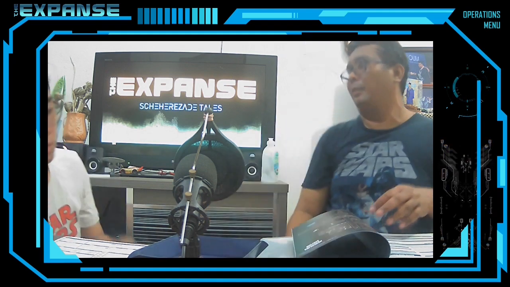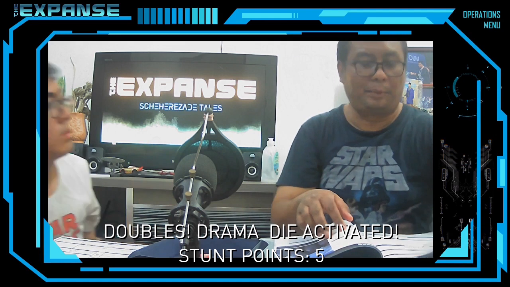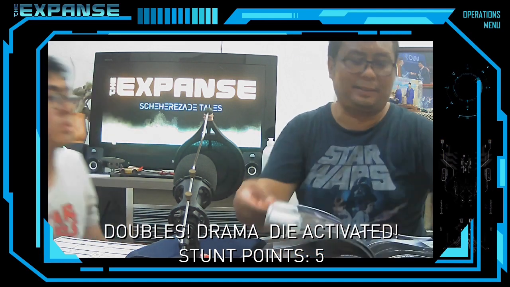14. It's fighting. 3 plus 2 brawling, so plus 5. Right. Try to get over 14. Holy shit! 17. 17, and not only that, you got doubles. You have 5. Your stunt points is 5, which means